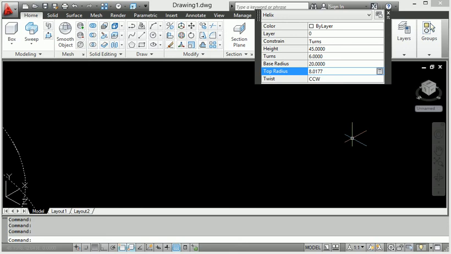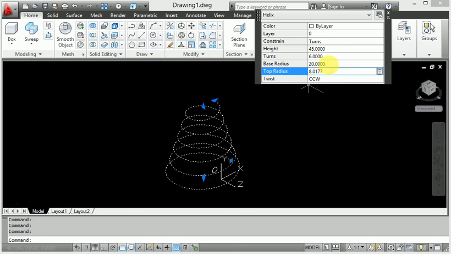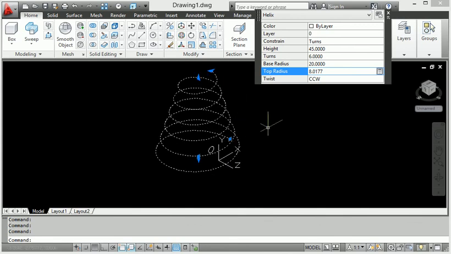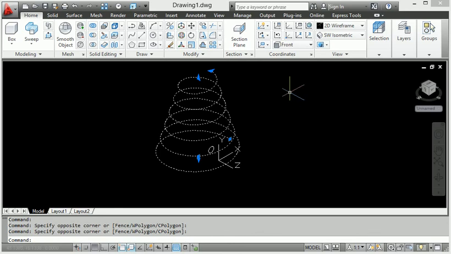Look at this, this one, this is the static. Now again I will show you how to do that. So here complete this.